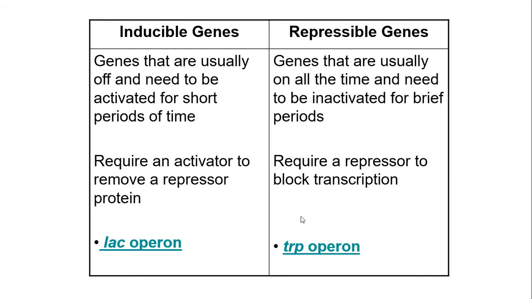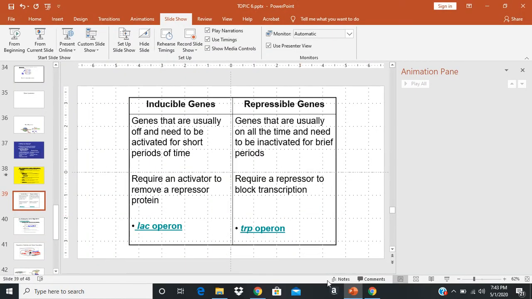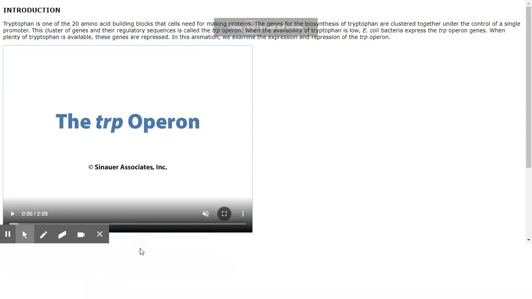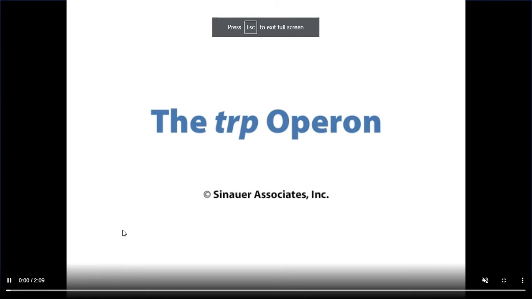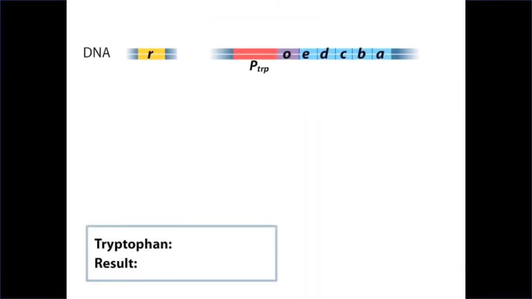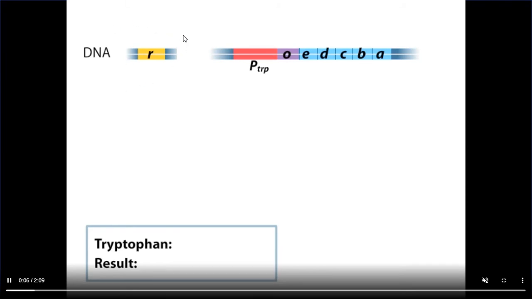Okay, so let's take a look at how these work. So I'm going to jump to the animations. We'll take a look at the trp operon first. And again, the trp operon is set up in such a way that we have two sections to it. We have the regulatory gene, which is several hundred thousand base pairs up from the main gene. This gene codes for the repressor protein. And then we have our promoter for the trp operon. This is the operator, and then these are the genes that code for